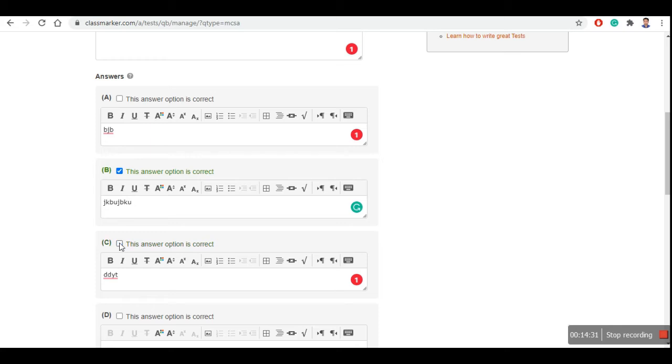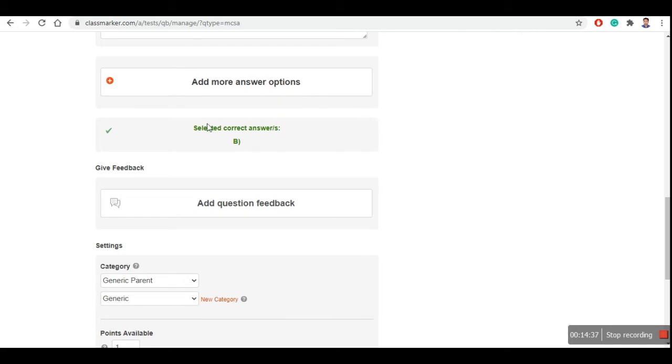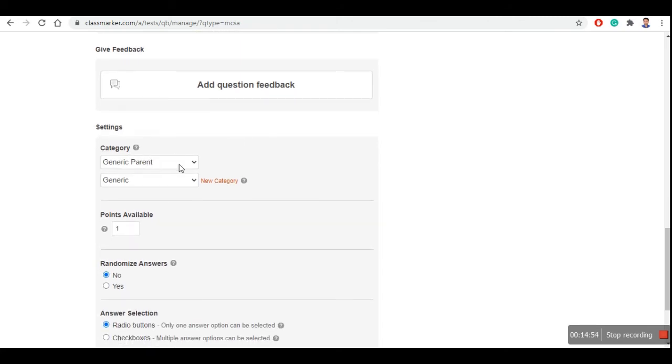Depending on that, it will automatically do all the changes, right? In this case I have selected the correct answer, which is option B here, but all the time this option B will not appear as option B for students. Sometimes this same answer can come in option C or option A or option D also, right? Right, now next you can keep in generate parent.